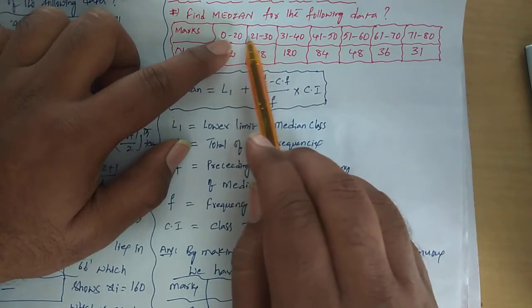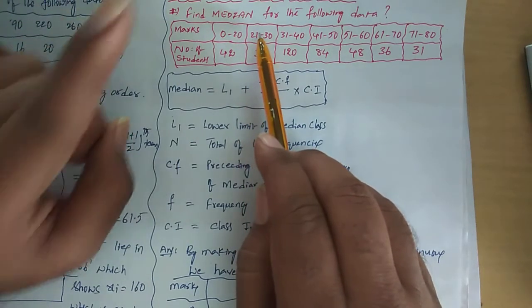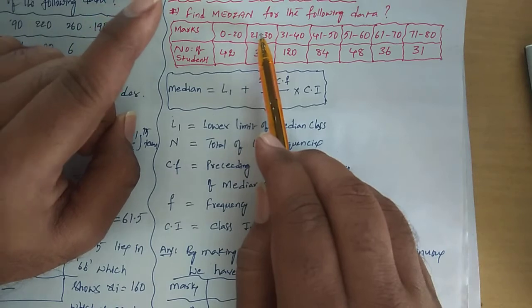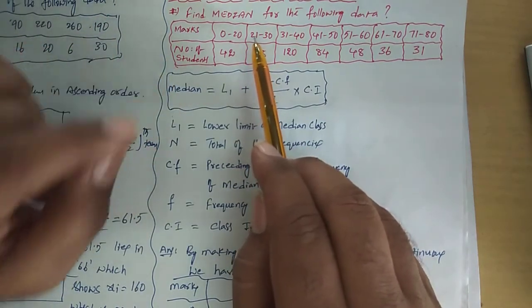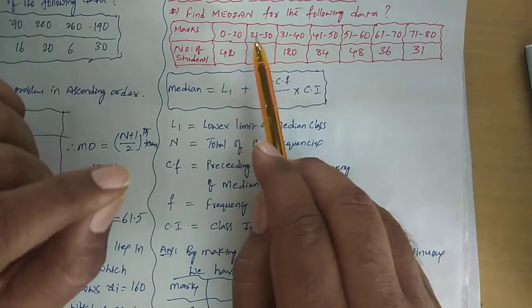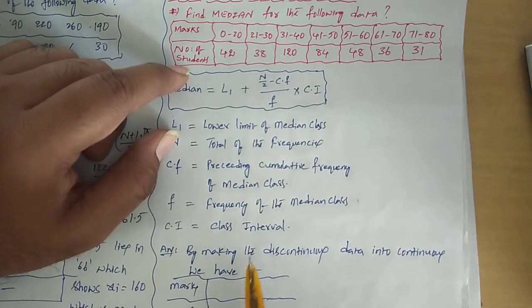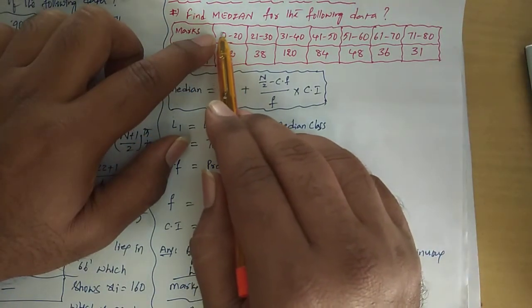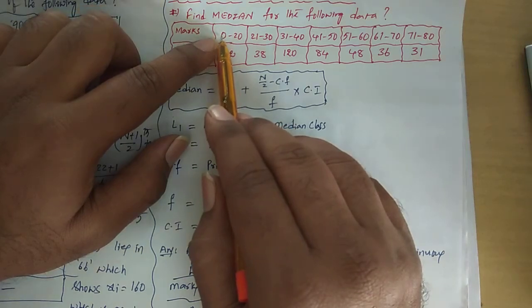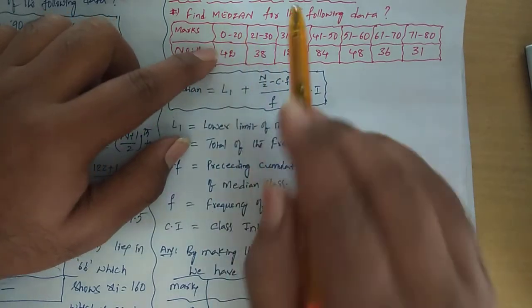What is the difference? I am not minding the sign, minus or plus. What is the difference here? 20, 21. That is 1. So 1 divided by 2 means 1 by 2. In terms of decimals, how much will you get? 0.5. So what is the average value? 0.5. The 0.5 I need to subtract from each lower limit, and I need to add to each higher limit. You take any value.